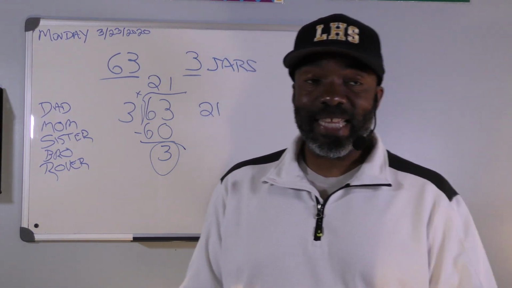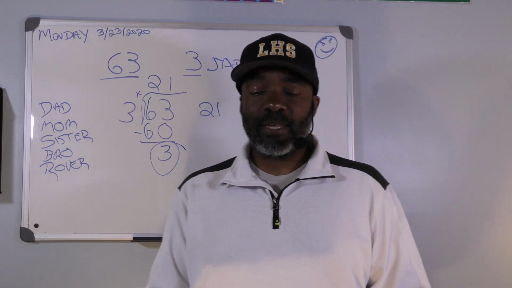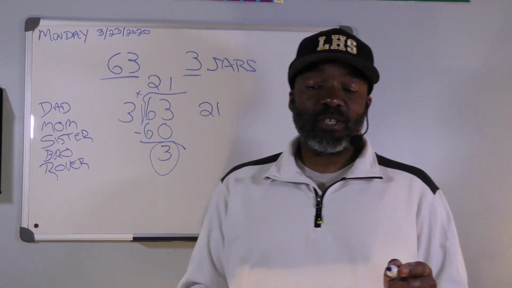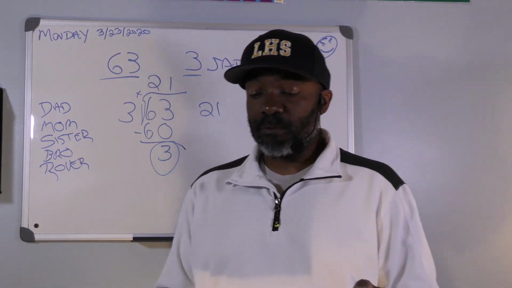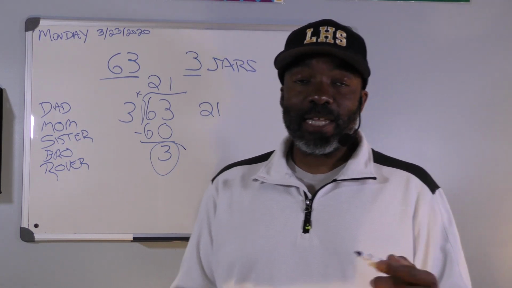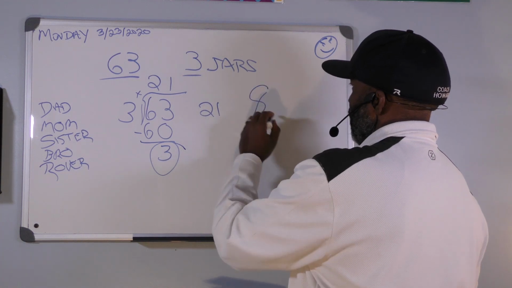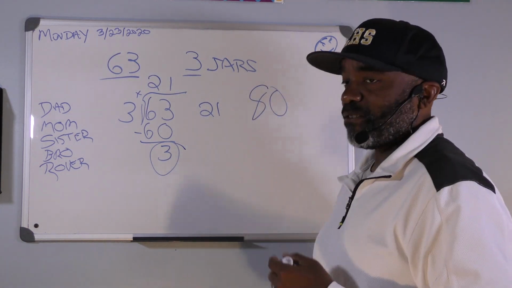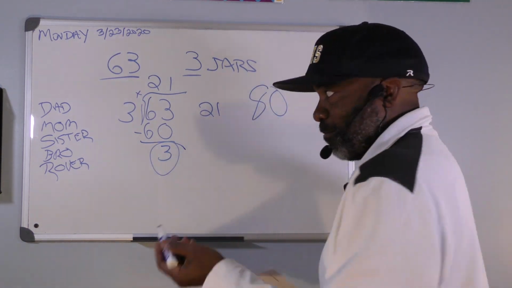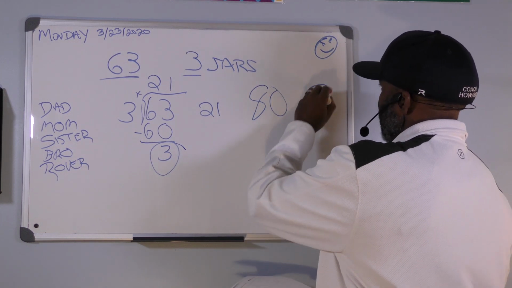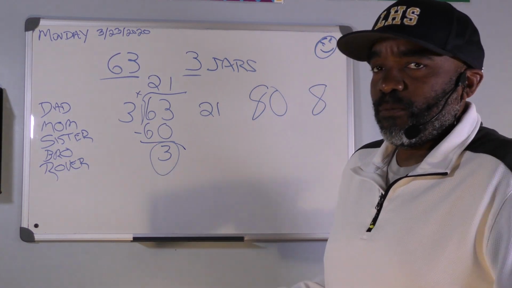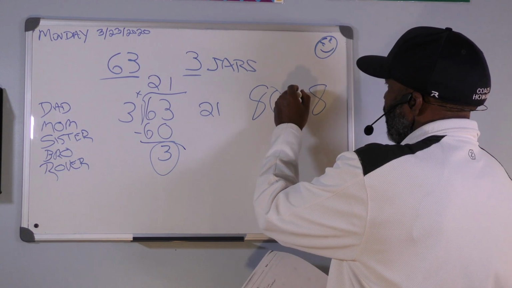Now on 14, it's basically the same thing. Calvin arranges 80 chairs in 8 equal rows. How many chairs are there in each row? Calvin has what? He's got 80 chairs. How many rows does he have? He has 8 rows. So he has 8 rows, 80 chairs. So what do we need to do? We need to divide